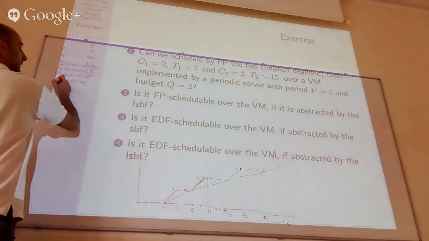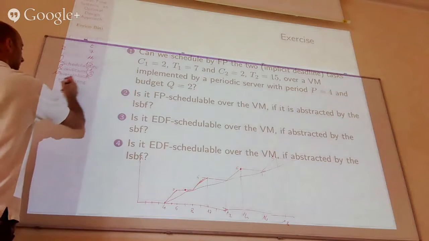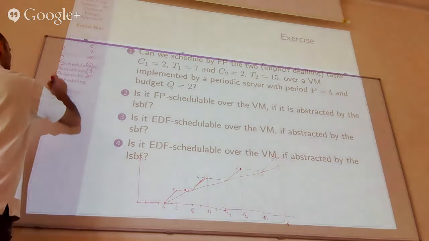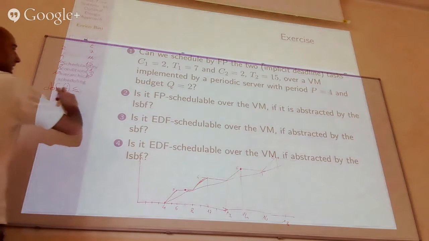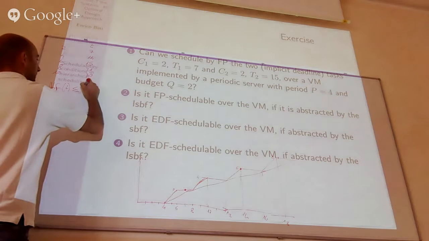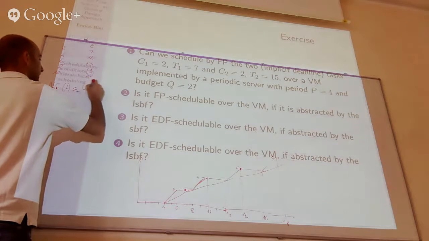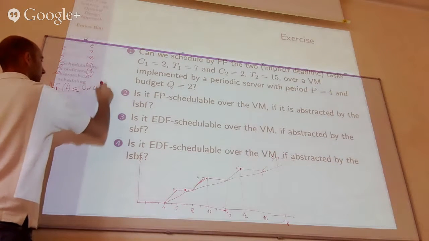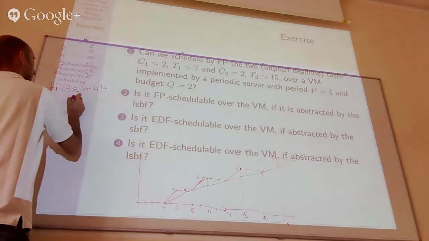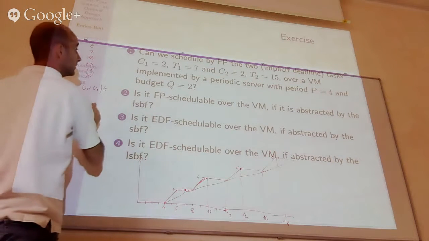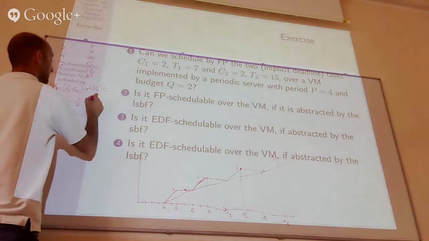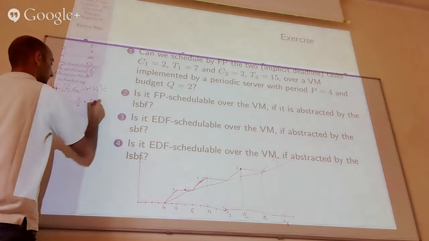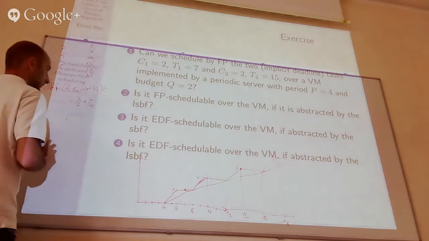Let's see. Here you have delta equal to the period. So the DBF of t is always less than or equal to u1 plus u2 times t, which is equal to 2/7 plus 2/15, which is